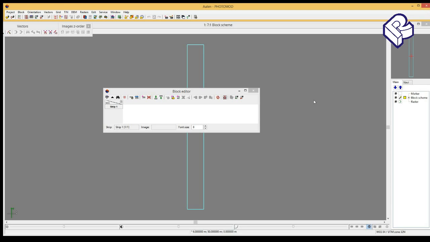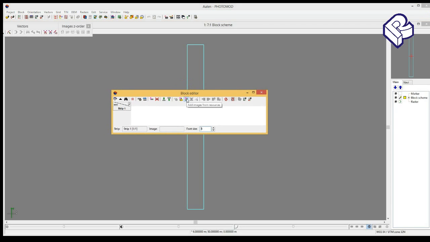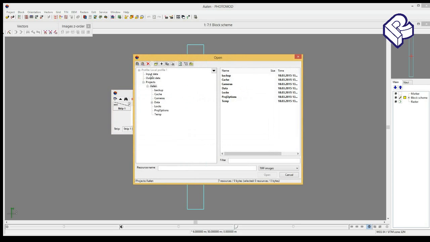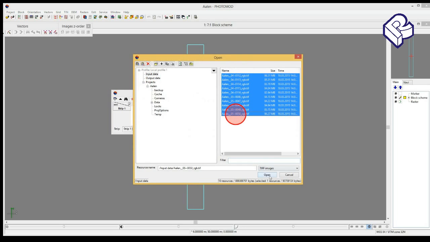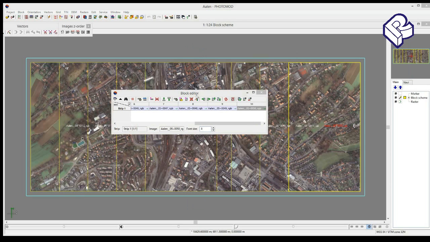After converting, images should be added to strip 1. To do it, let's use the Add Images from Resources button. Find the Input Data folder, select all images and add them into strip 1. After that, all images will appear in the block scheme window. Well, we have completed the process of creating a project, converting images and adding them to the project. In the next video tutorial,